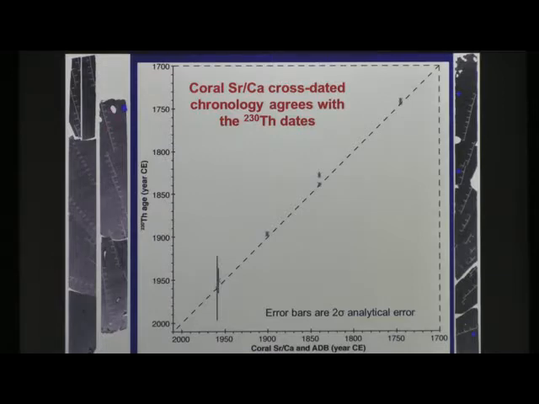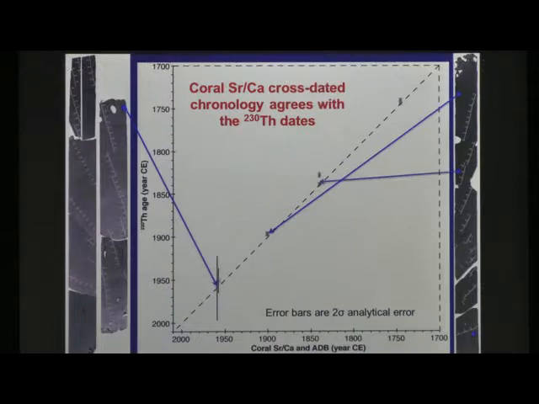So, from the top of the dead core from the large colony, and then also several dates from the top, middle, and bottom of the 93 dry SS core. The plot I'm showing here is the strontium-calcium annual density band cross-dating chronology, and on the y-axis is uranium-thorium age. For each of these samples, we have the bands that we counted within. We're going to have the error for the uranium-thorium date, and also the error of our cross-dated chronology.